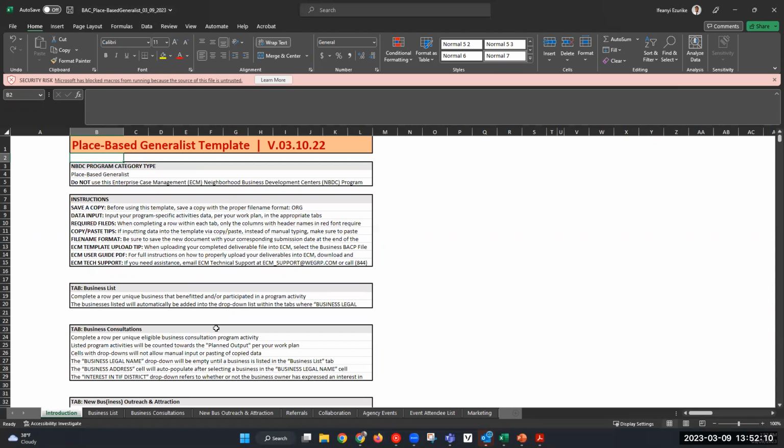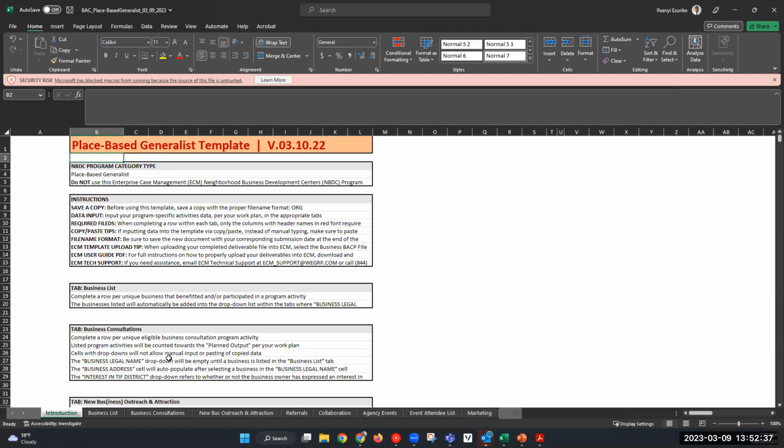And you should always be using the latest version, and the latest version will always be in the ECM system. This first block here just indicates the program category. The second paragraph or section gives you clear instructions on how to utilize this reporting template.